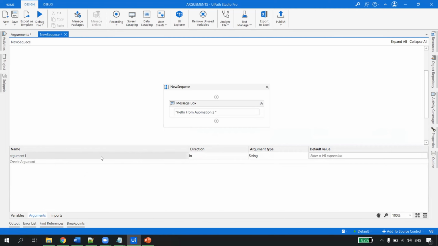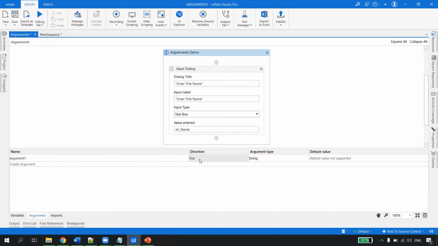For the arguments the naming convention is, if it is in, we will write simply in, and if it is out, we will write out. That way we remember that this is for input and this is for output. So if it is in, I will just write in underscore, or I can put a data type also, str, or I can directly write in underscore name. So now when this automation runs, it is asking for an input for a string, and in the out argument I will have to write out underscore name.